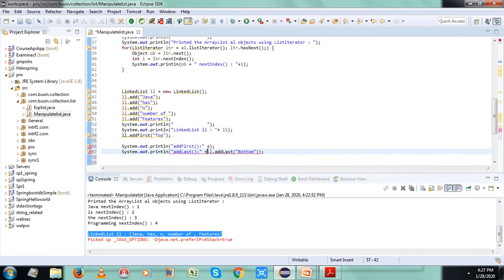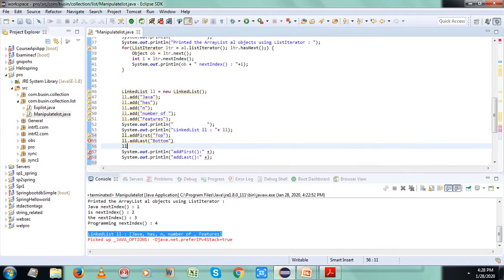Let me run this. See, now you can see in the console, after adding in both the ends of linked list ll, the objects in the linked list ll are,